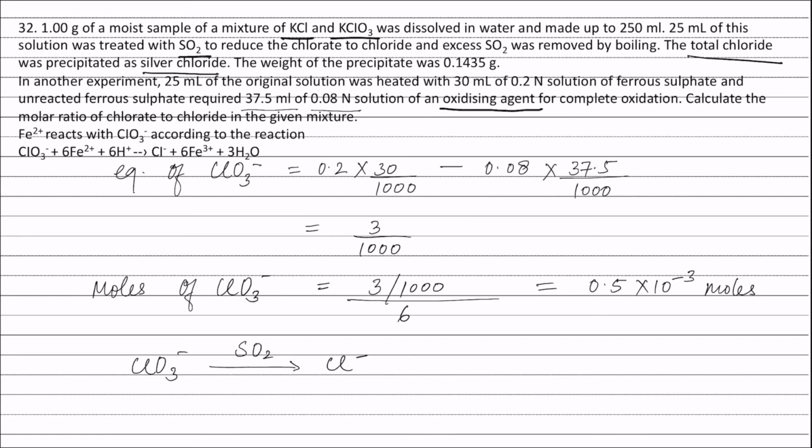chlorate. Now applying principle of atom conservation to chlorine atoms, we can write moles of KCl plus moles of KClO3 is equal to moles of AgCl. Therefore, moles of KCl plus moles of KClO3 is equal to moles of AgCl,